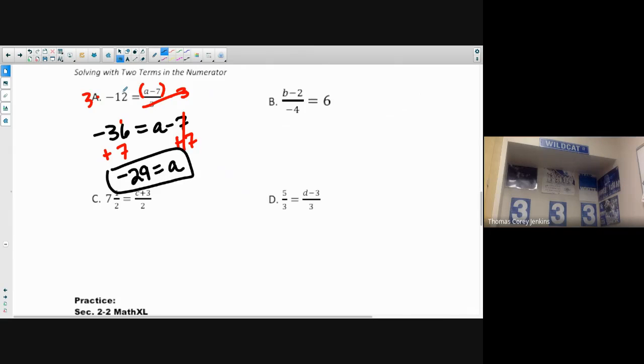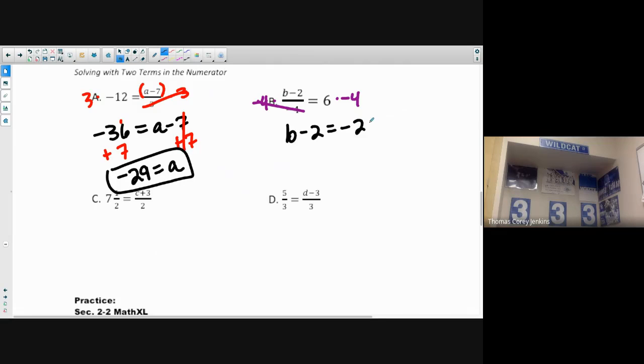All right, so let's do one more. I'll just do B and let you guys look at the notes for the other one. So same thing. The order of operations is the important thing. We're going to get rid of divided by negative 4 first. So multiply by negative 4 on both sides. It's going to give me b minus 2